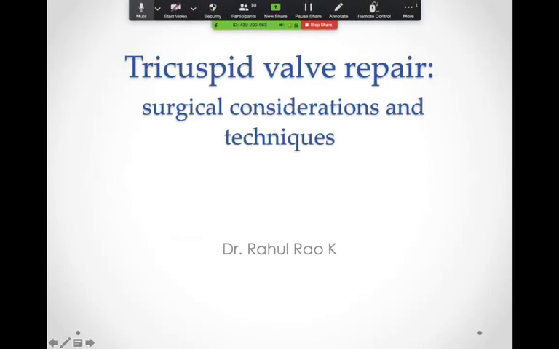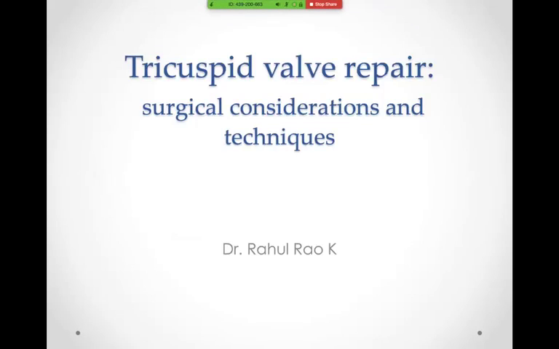All right. So we have gone through the anatomy and assessment of the tricuspid valve. Please remember, we are talking about tricuspid valve repair in this discussion in relation to functional tricuspid regurgitation. As it is the most common problem we address during surgery, that more or less covers most of the surgical aspects of tricuspid valve repair.